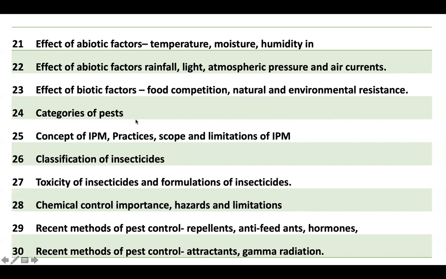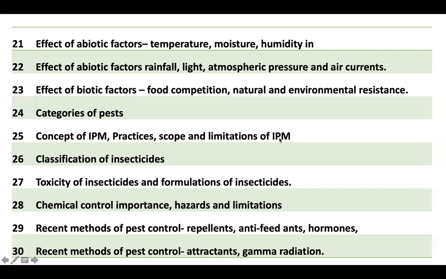Then different categories of pest, you will be studying, like seasonal pest, sporadic pest, epidemic pest, endemic pest. So these different kinds of pest will be studied. Then the concept of IPM, integrated pest management, what it is exactly. In that, what are the components, like cultural, physical, mechanical, that you need to study. And then practices, and what is the scope of integrated pest management, then the limitations